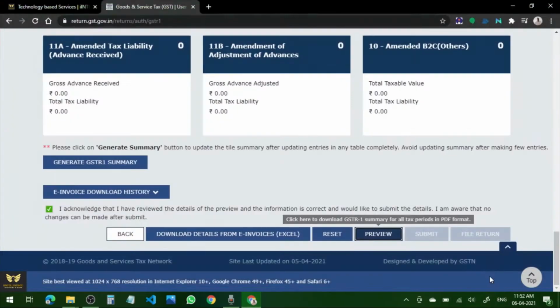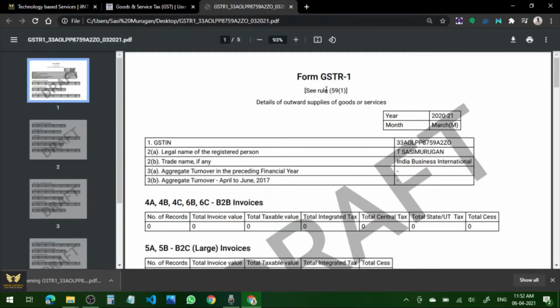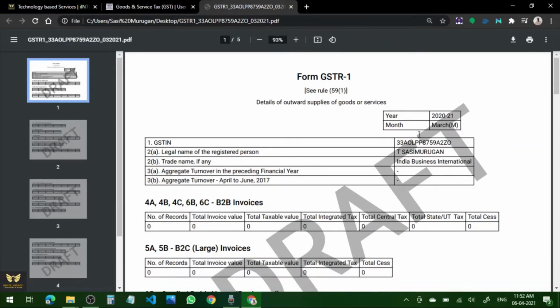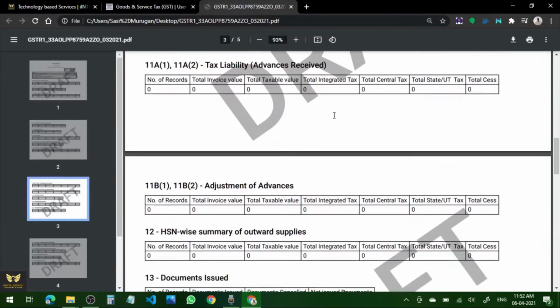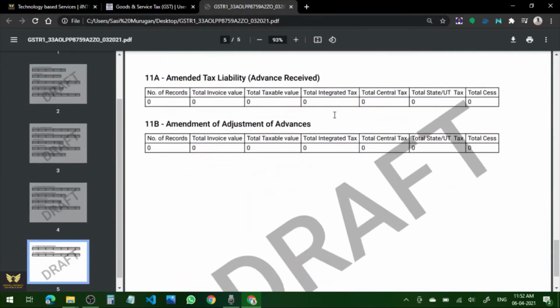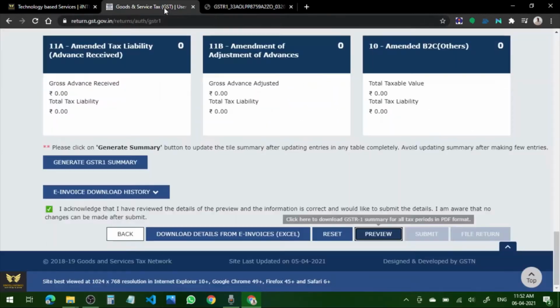Download it somewhere. Save it and then open it. Check. Okay, form is GSTR 1. These are the details of outward supplies of goods or services for March 2021. Okay. So we are filing nil tax. Okay. Now